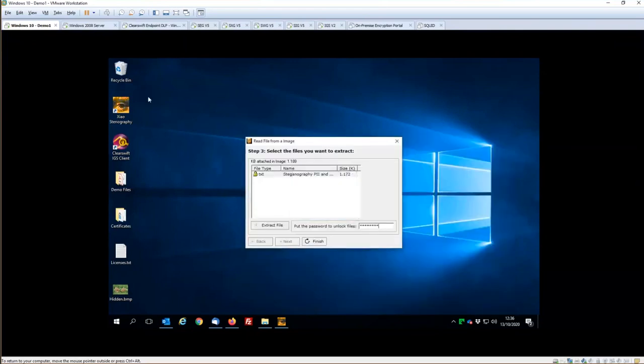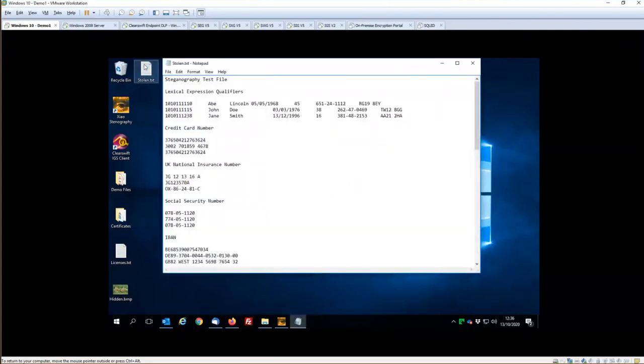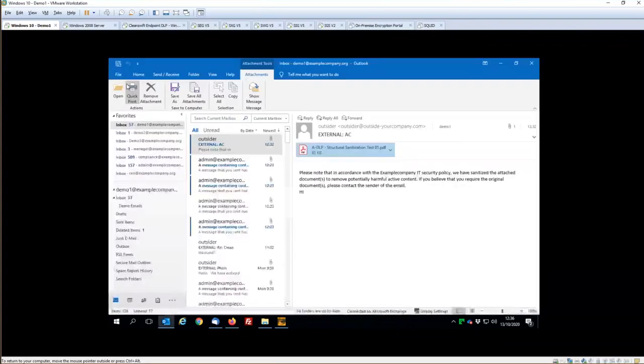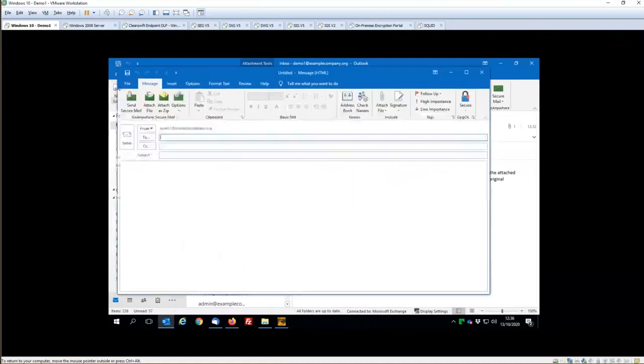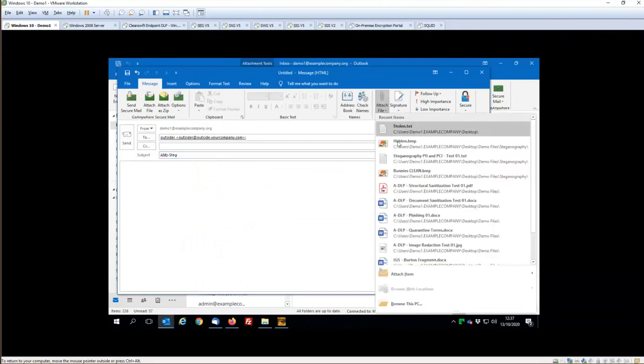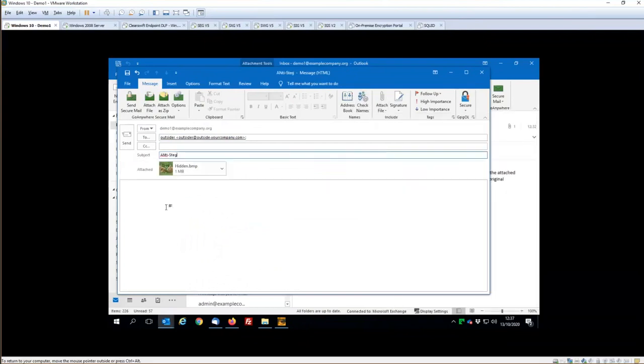Now, in this case, it's a simple text file, but one of my other source images there has 10,000 customer records buried within a very simple file. So what we can do with the Clearswift solutions is very quickly run anything that goes through our email solutions today, and next year the same will apply to our web solutions. We can run those images, whether it's an image attached to an email, or an image inserted in a document attached to an email,